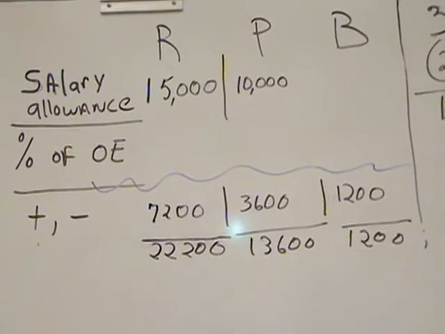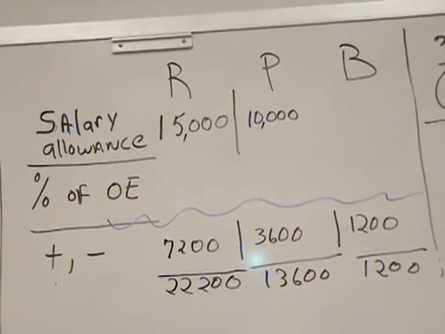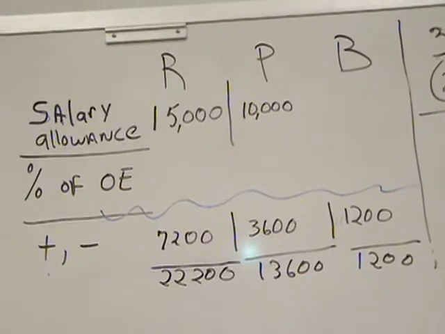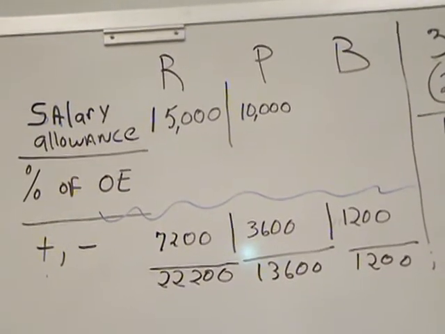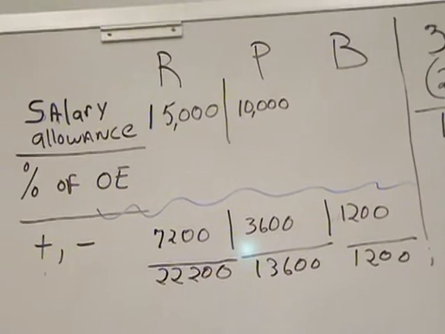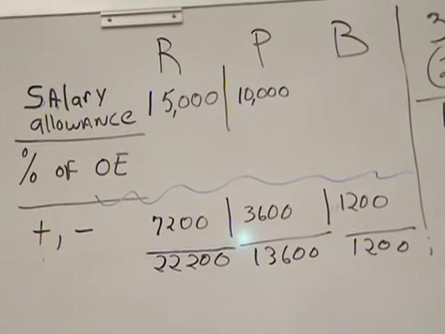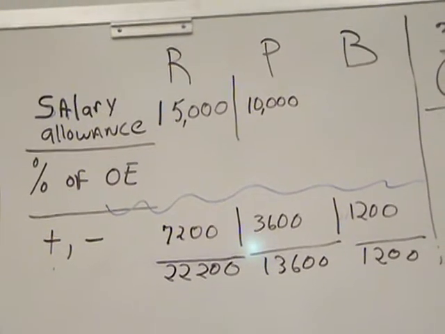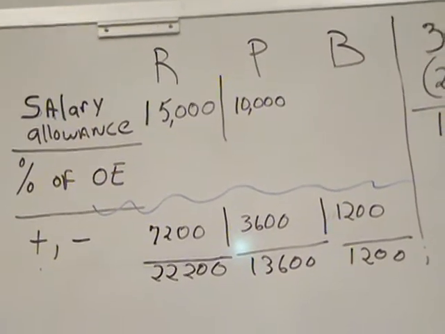Is salary allowance and drawing the same? No. Why not? Drawing means to take out of the business. But salaries eventually add up with the drawing. No. Salary allowance is merely a word that's used to separate income. That's a withdrawal too, from the business. Salary allowance is a device used to separate income, where R and P are saying that since they do more work in the business, they want to be compensated for it in the partnership agreement. Drawing means to take out of the business, like a dividend for a corporation. It's a non-taxable item. And salary allowance is not an income statement item either. It's merely a device to separate income.